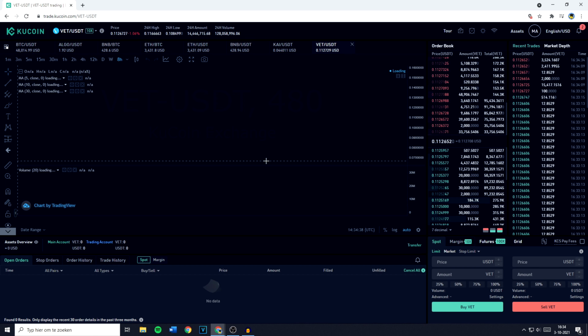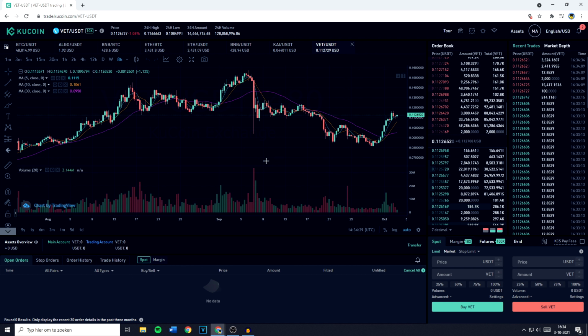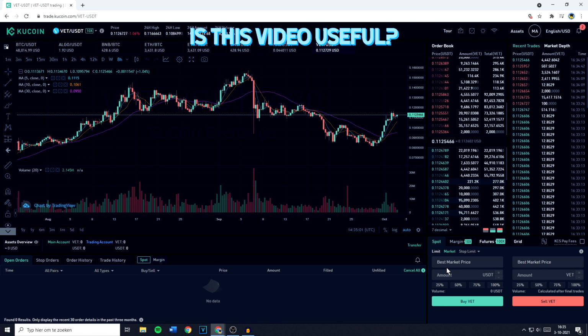Now, you'll be sent over to a page looking similar to this one, and over on this page, you want to go over to the place order section that's in the bottom right. You'll then have to fill in your trading password, and if you forgot your trading password, you can watch this video I've made on how to reset it, and once you've done that, you'll see a menu looking similar to this one. And you can now go ahead, go over to Market, and